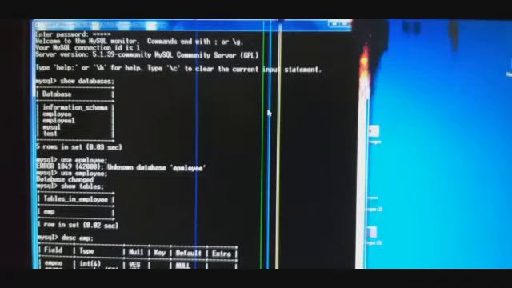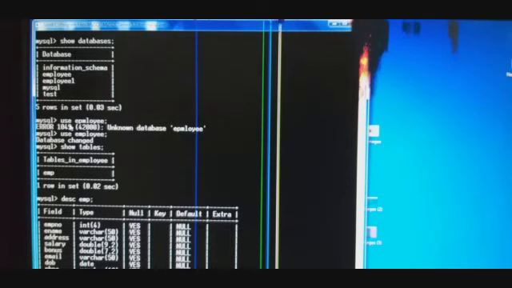Here you can see that first of all I had given show databases in order to display the list of databases that I had already created. And you can see here employee and employee1 are two databases which I had already created. Now afterwards I am using use employee. In the last lecture I had already explained that after creating the database we have to use the database in order to work with it. Here I had spelled employee wrongly, so it gives an error message. But here use employee, and here the database changed.